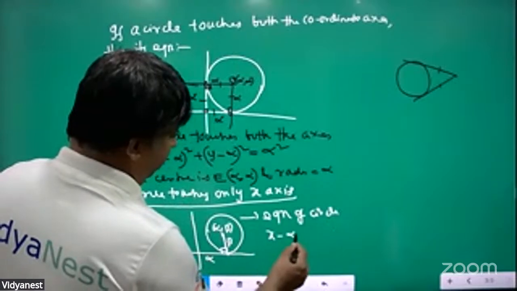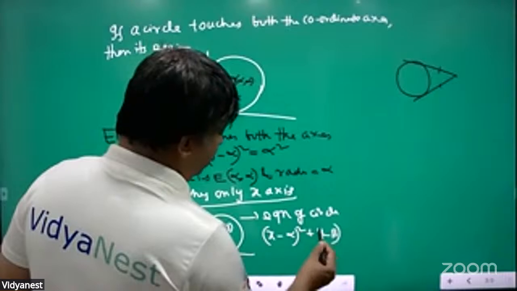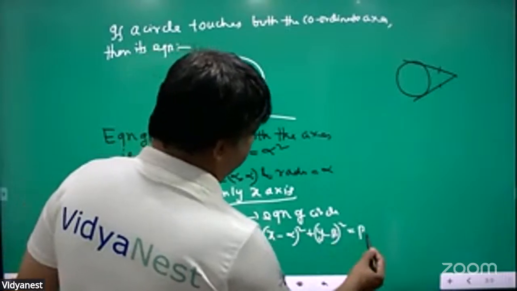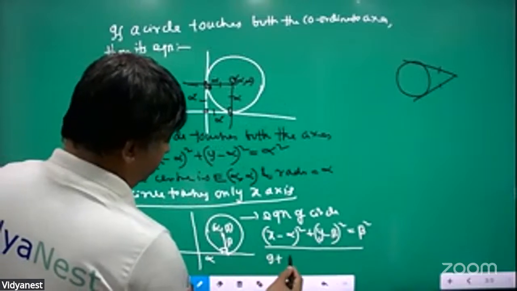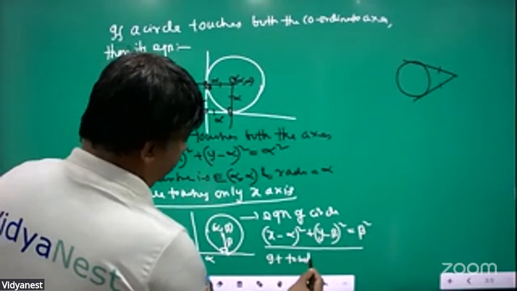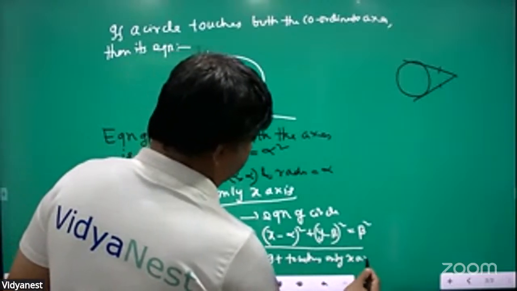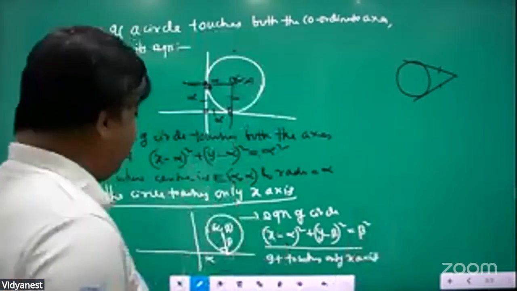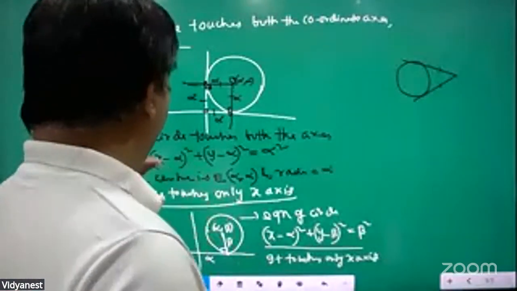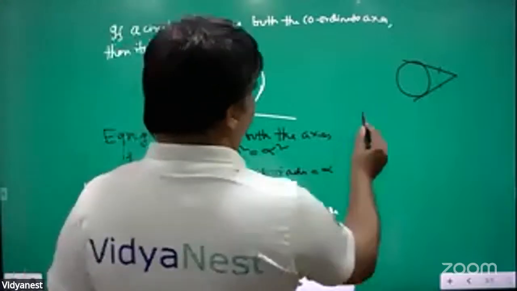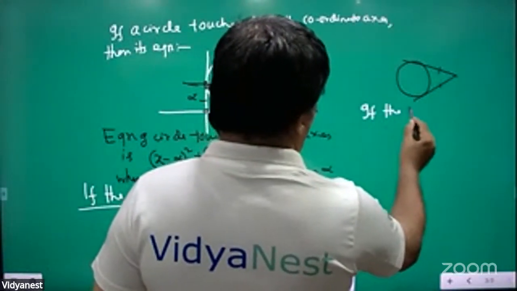(x minus alpha) whole square plus (y minus beta) whole square is equal to beta square. It touches only the x-axis. Now, had it been touching only the y-axis, like this, if the circle